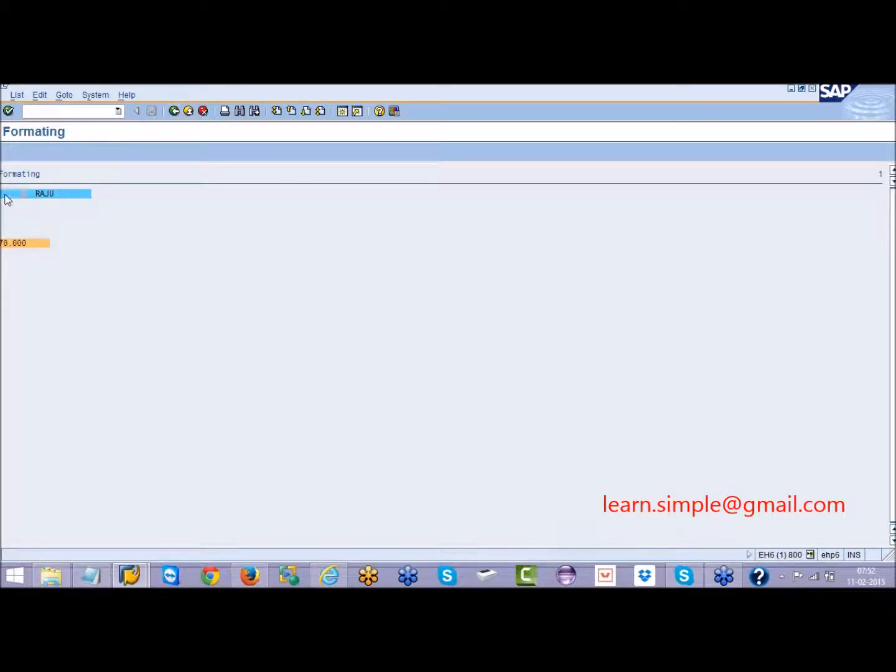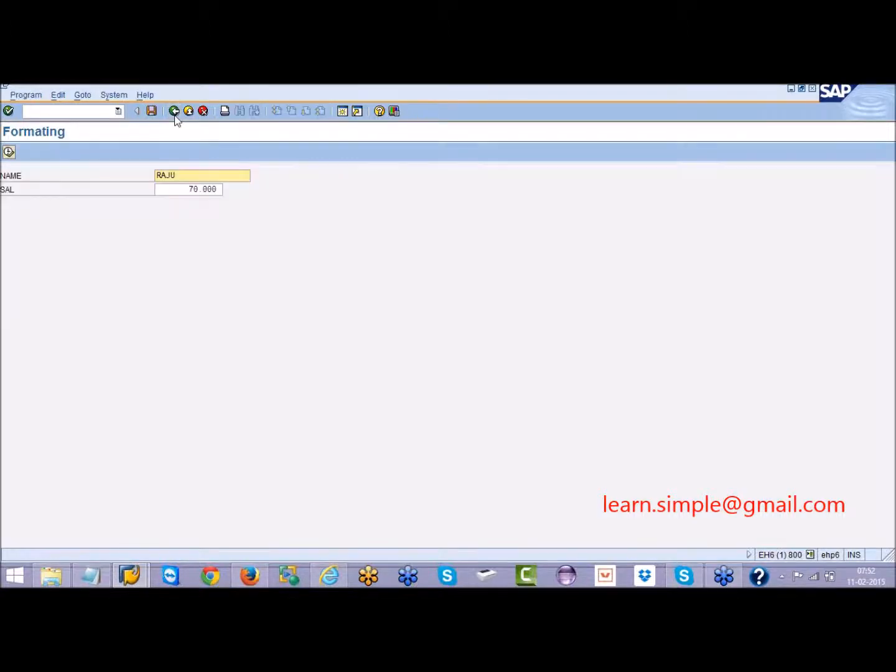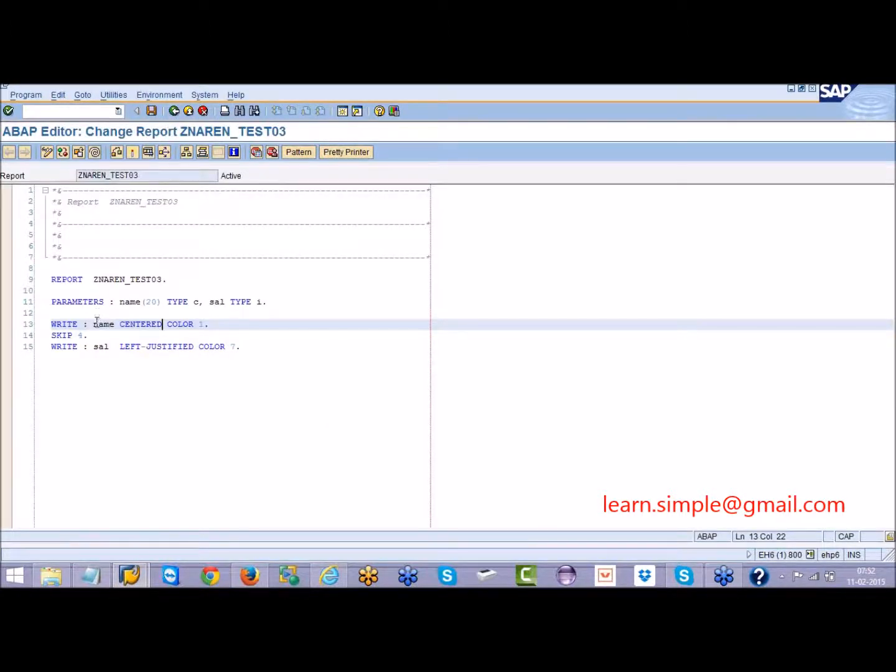Sometimes the requirement I get is this: you see here, the output starts immediately. This Raju or this blue color line, whatever the variable may be, I want to print it somewhere in the middle of the screen. How to do this? Before the variable, give some number.